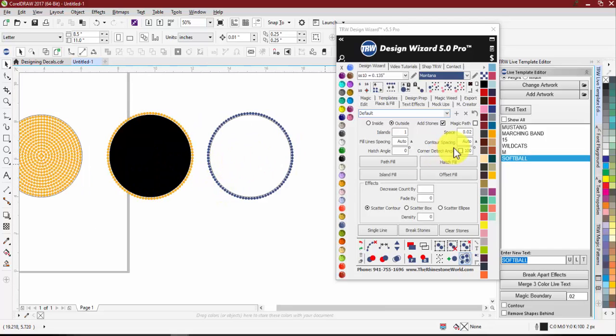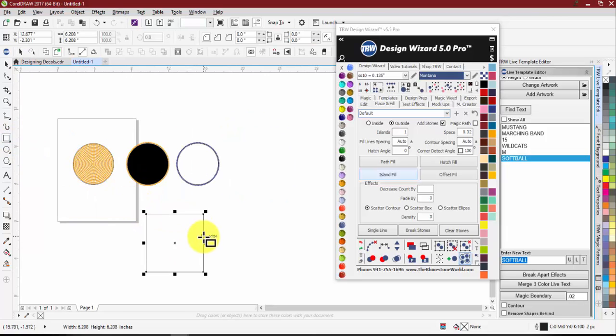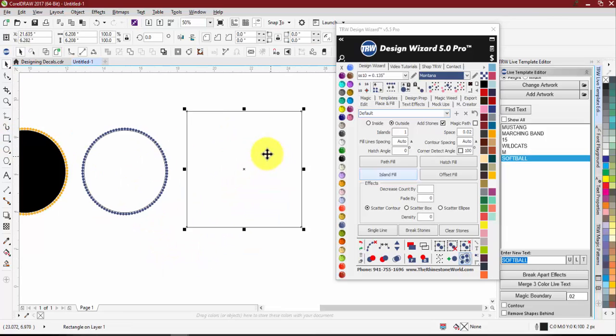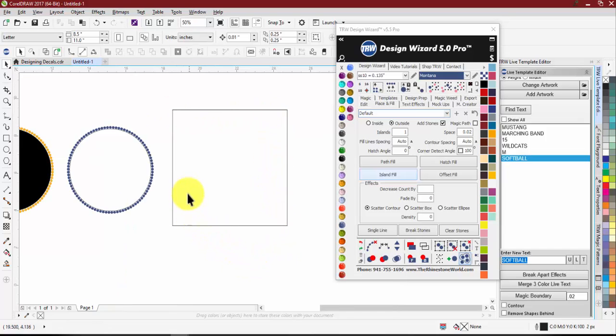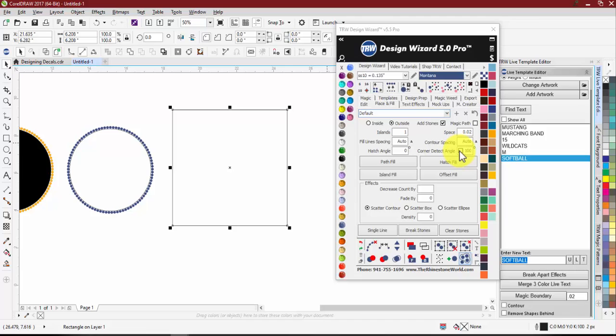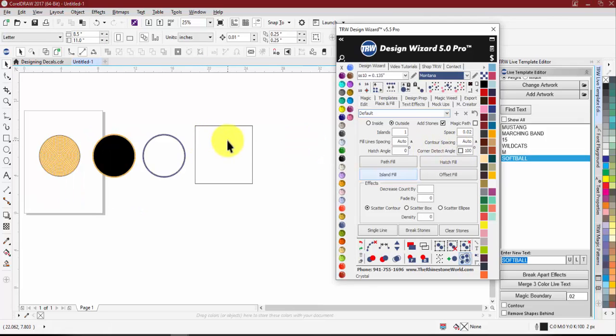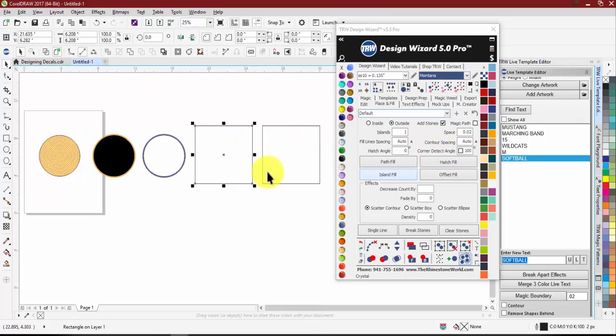All right, so the next is our corner detect. When we're working with an object that might have a lot of corners or just little tiny areas, usually we'll want to set that corner detect. We'll just check it just like that. And what that does for us, I'm going to go ahead and do 2 samples. So our first one,